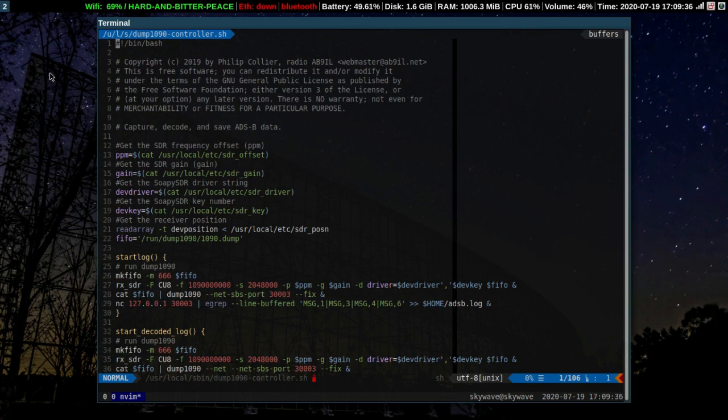So when I talk about other scripts or applications using the saved data, what I mean is that the data is saved to small files, and the scripts will need to read that file. Here is an example. This is the dump1090 script as used in Skywave Linux version 4. For the ppm, the script reads the file with the ppm number in it. It reads that number, stores it in a variable, and it is used down here to invoke